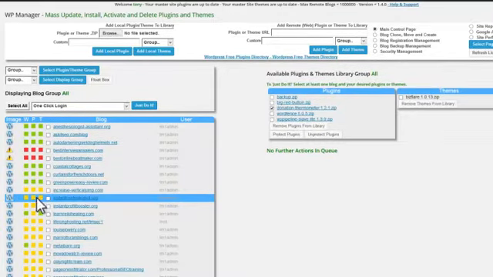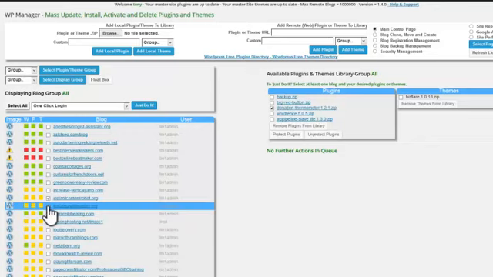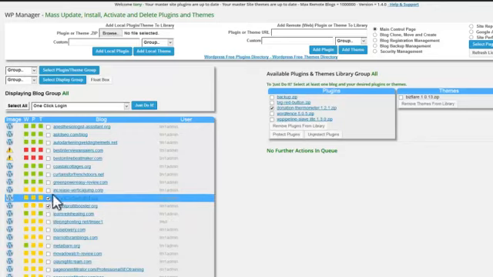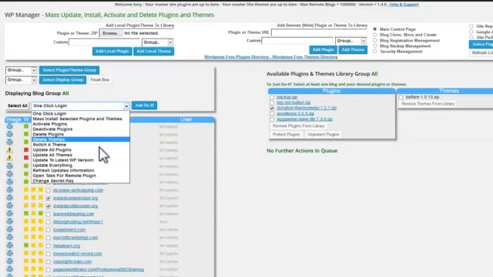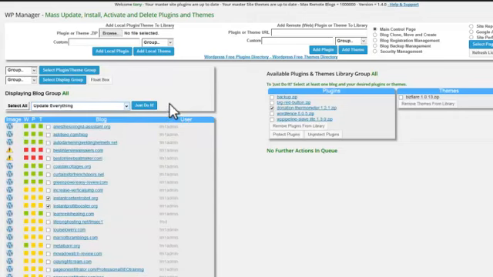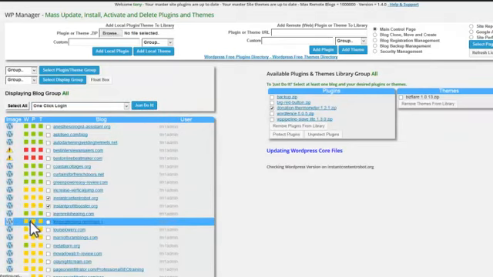Okay, this time we're going to select a couple more. Let's just select these 2 here, and we're going to do the update everything. Just let it run through a whole process so you can see what happens. So we'll update the